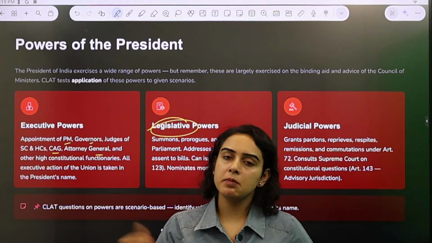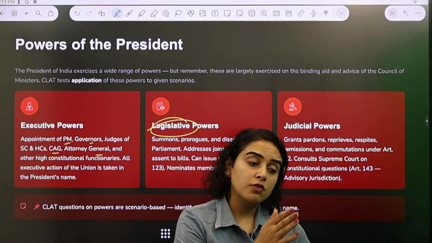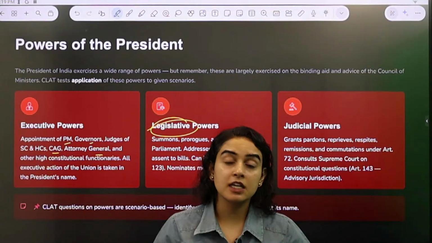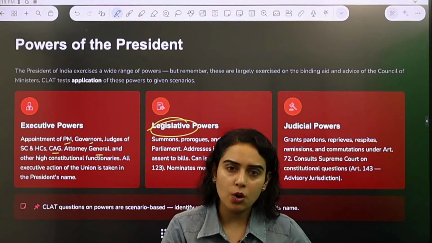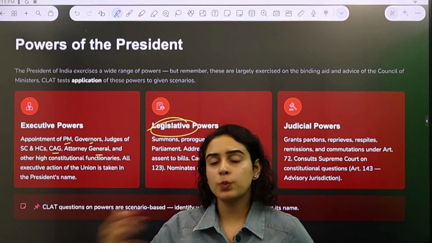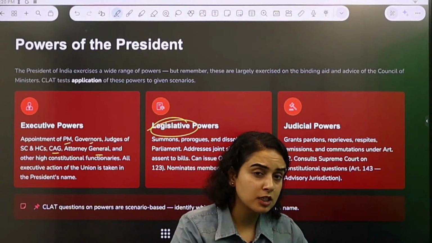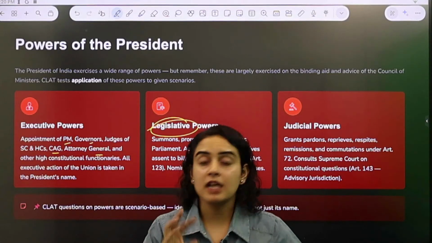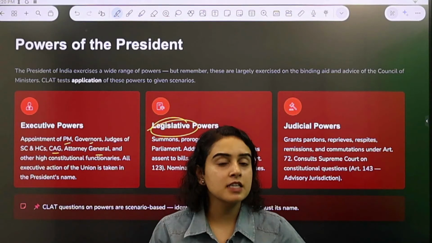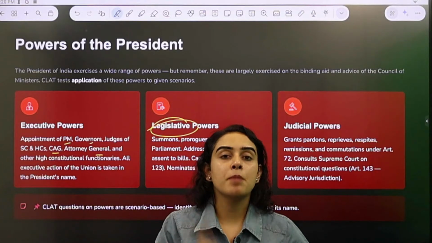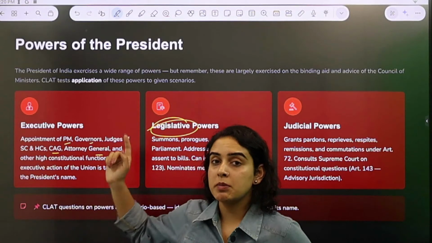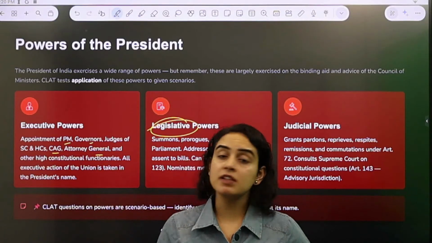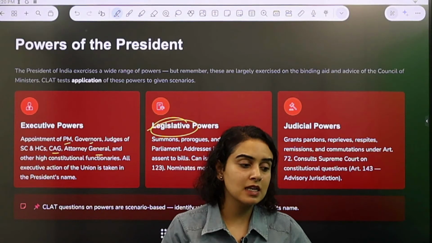Now in May parliament was in session, but from February to April, if there is any dire need, any urgent need of any law or rule, are we going to wait till May for the parliament to sit again and discuss things and then make a law? No, that's not how things work. In this case, the president has the power to make laws, because if you remember Article 52, there will always be a president of India. So even when the parliament is not working, the president still has to work.